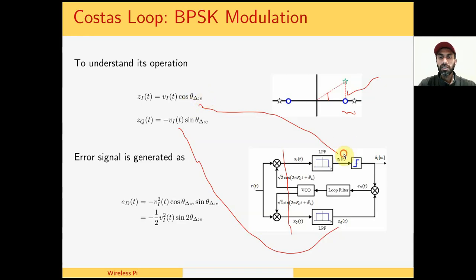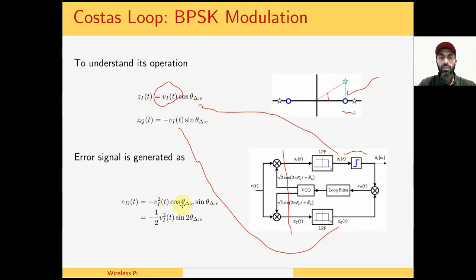So here we can see that we are taking the sign of Z_I(T). Why? Because when theta is very close to 0, this value is almost equal to the data symbol in the I arm. And in BPSK modulation, there is only one data symbol in the I arm and no data symbol in the Q arm. So when theta is very close to 0, this value is close to the actual symbol. And we can say that if we take the sign of this output, we get an estimate of our data symbol. What we do next is that we multiply this with the output from the Q arm,